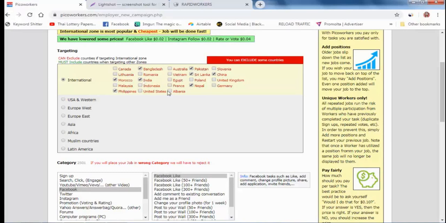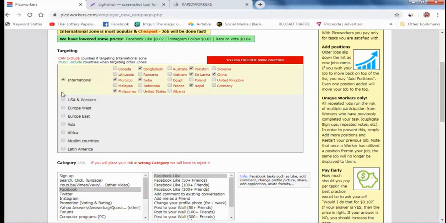These countries all give me a very low CPC. So I have selected them here. These people are not coming to my campaign because I do not allow them. I have excluded these countries for my work. So for other countries that you have not selected, people from there go to your website and click on ads. This is the first targeting.